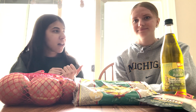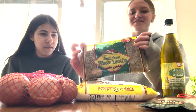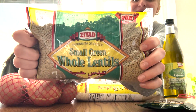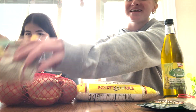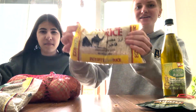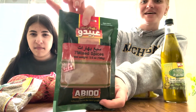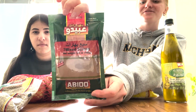So, now that we have some cultural context, I'm going to pass it over to Mallory so she can explain the ingredients needed for Mujadara. Alright, so the ingredients: we got whole lentils, small and green, and we also got some onions, and you're going to need rice, and you're also going to need the 7 spices, which we went to a